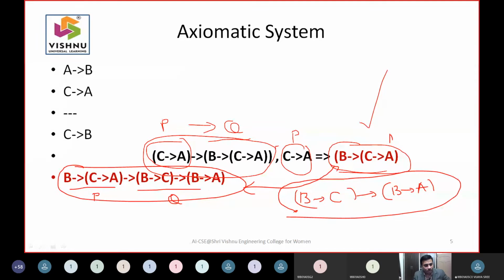Because you need to get C to B. But I have started with C to A. So I got this part. From this part, how do you move from one state to another to get the output? Is there any possibility to get the output?